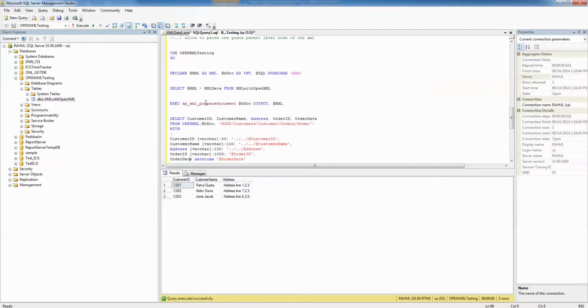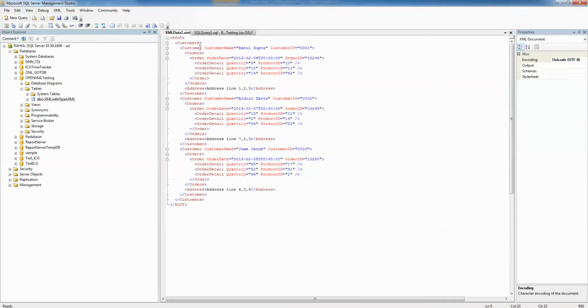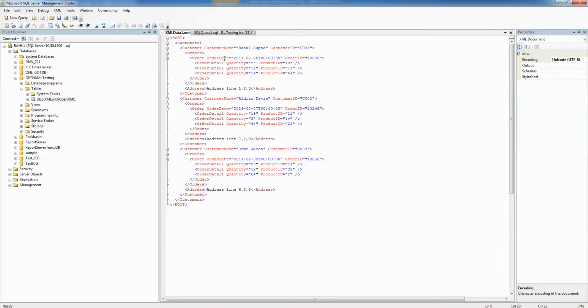So now you can see here I'm navigating to the 2 levels of customer ID. So if you can see here the customer ID, then I'll be getting the order date and the order ID as well. And similarly for the customer name. And for order ID and order date we don't need to append this symbol, since it's the root level we'll be dealing with in this query, order date and order ID.